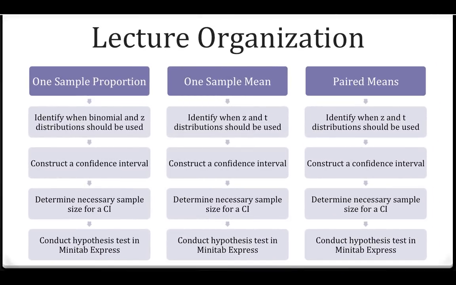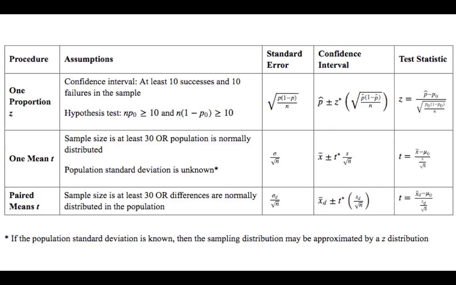We have covered all 4 learning objectives for one sample proportion, one sample mean, and paired means this week. I know it seems like a lot, but what I want you to focus on are the similarities between these 3 different types of tests. This is in your online notes, but here we can compare the standard error, confidence interval, and test statistic formulas for all 3. There are some differences between the proportion and the means in terms of computing standard error, but